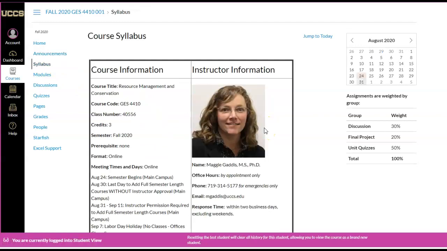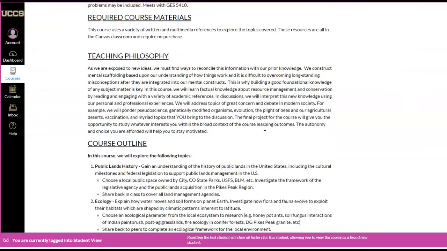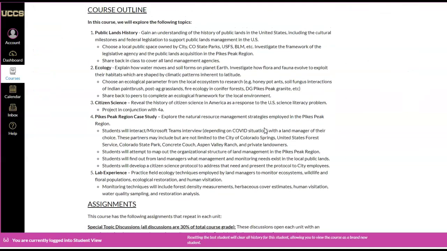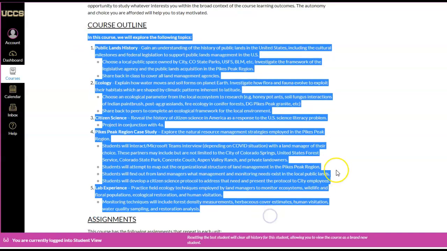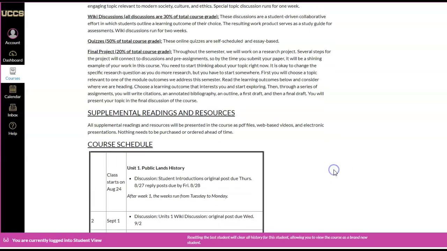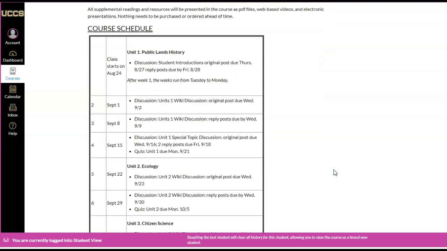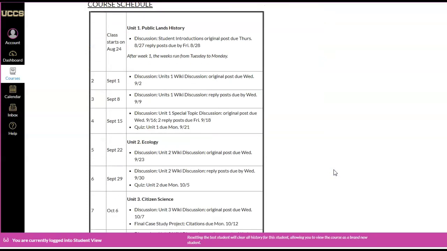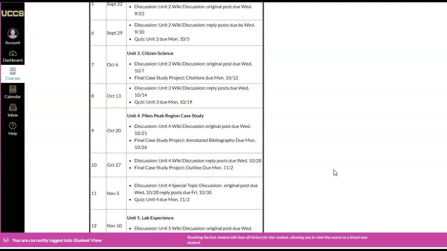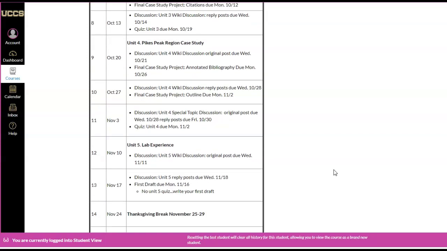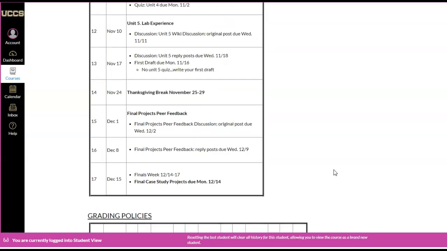Of course, you can remind yourself about the schedule by reading the syllabus closely. This outlook here was in the poster that was in the department, which I assume is what recruited so many people to the class. And then here we have the course schedule. This is very detailed. It tells you exactly when you're supposed to do everything. As I mentioned, do not operate according to the deadlines.